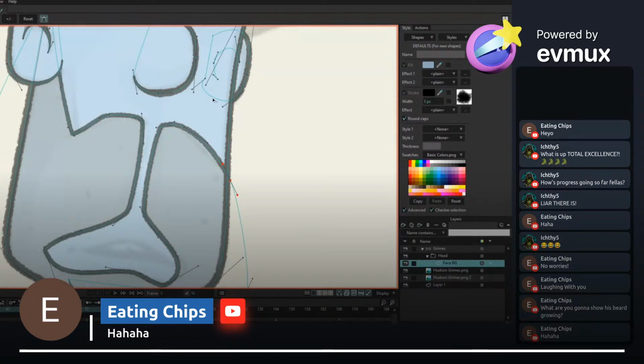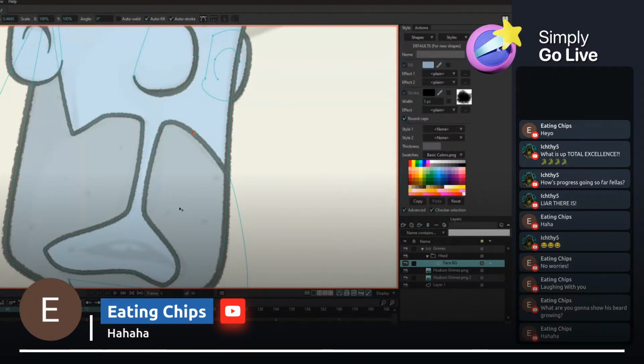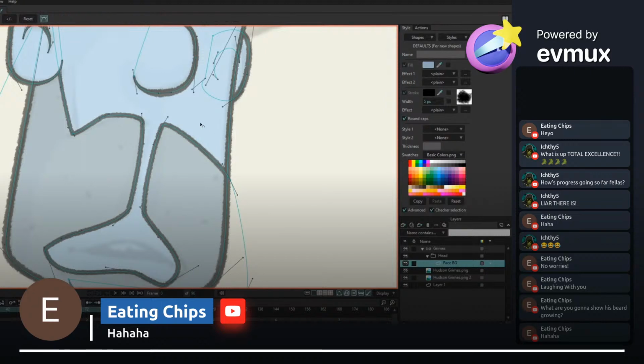Go ahead and fine tune. It's all about fine tuning. And again, curves is C. If you want to move an individual one, you just hold your Alt key, and then you can move that. So I probably don't need that point there, but because I have one here, I'm gonna keep it. You know what? I'm gonna take it out. Let's just see. Delete, and I'm gonna do curves.